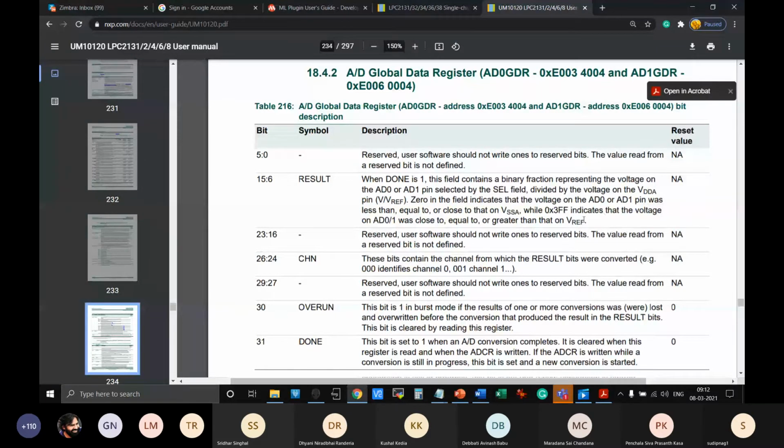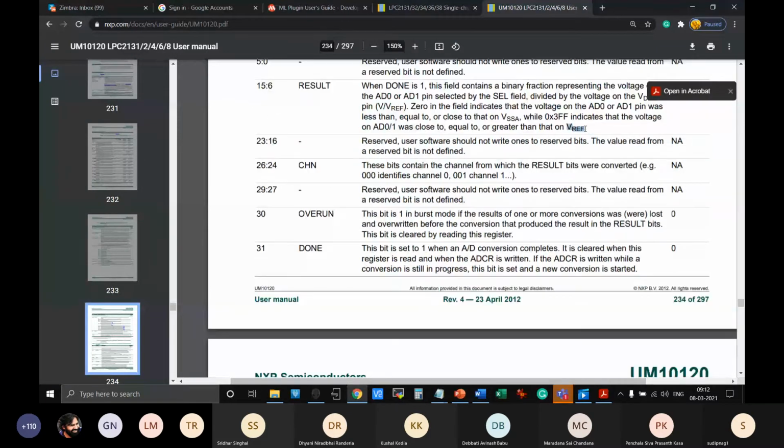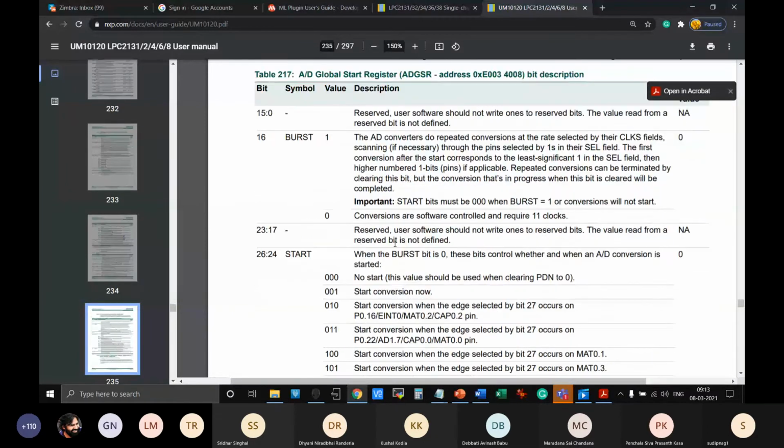You can go through each of the bits. You don't have to remember them at all. As you can see, I am referring to this kind of information while writing the code. So while developing the code initially, you can always keep this documentation at your side and keep referring to these bits one by one and look at how they are organized. Make sure that their locations are correct while you write your code. Okay.